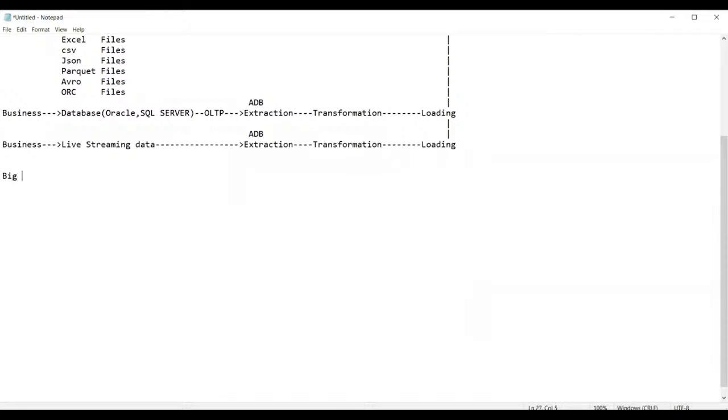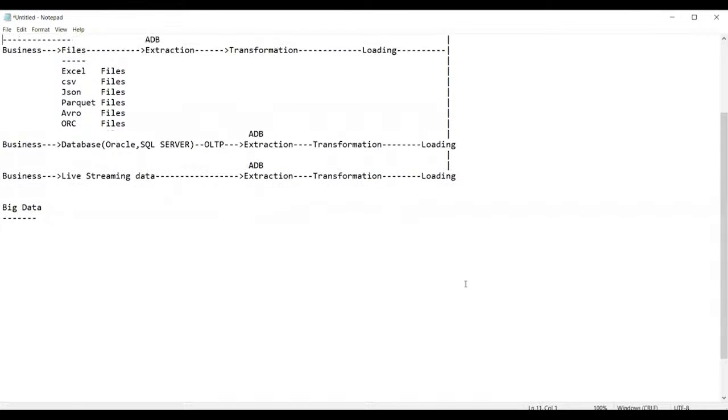Now, next after this, guys, let us see exactly what big data is. So now, guys, what is big data? Big data is nothing but whatever data you're getting from the business, that is called big data. Just understand, big data is not a very great concept where you need to get confused. Just split it, guys. Big means huge or massive. Data means information.